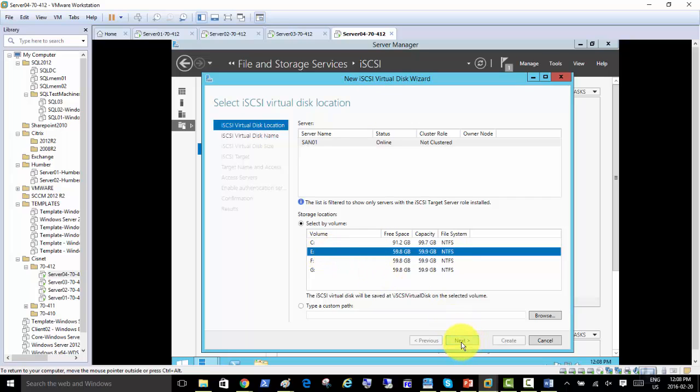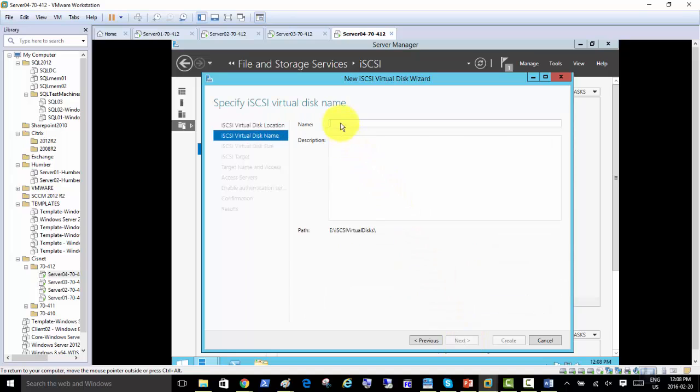Next, and it's asking to specify the iSCSI virtual disk name. So we can just go for Quorum. First one would be